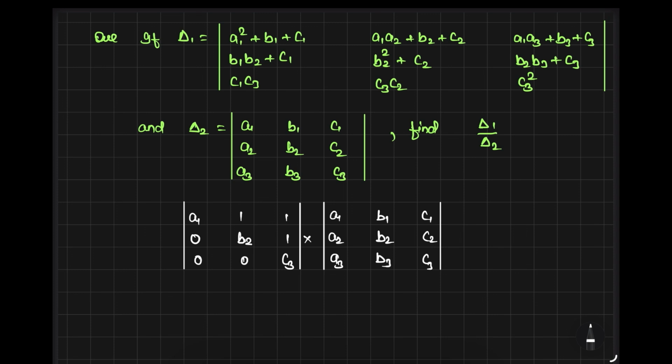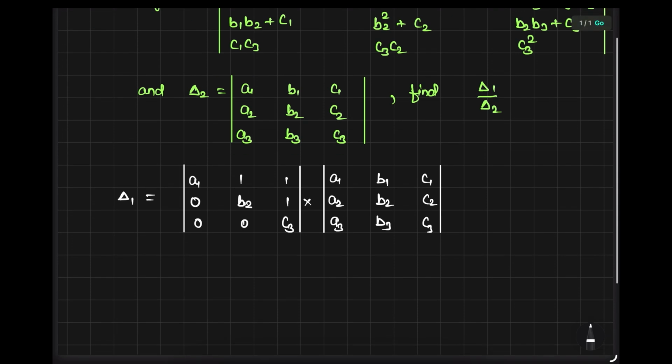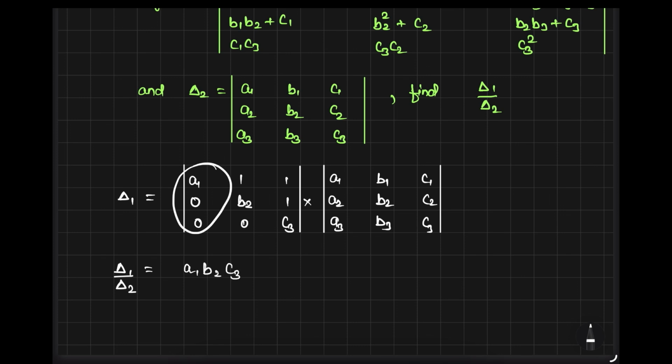Now look at this. This del1 is converted. This is what? Del1. Now del1 is equal to what? This into del2, and you wish to have what? Del2. So can I divide both sides by del2? So we will have del1 by del2, and this thing will be eliminated. Correct? We want to find out the determinant of this thing. So if you find the determinant along this column, you will find that a1 b2 c3